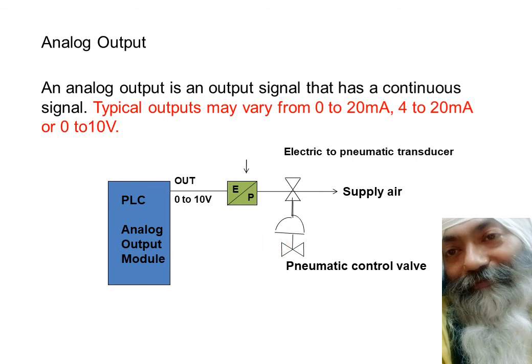That is how PLCs can be used to control the process in its analog form, and that is why we say it is no longer a programmable logic controller. We eliminated the word when we use the full form of PLC. We don't say it's programmable logic controller, we say it is programmable controller.